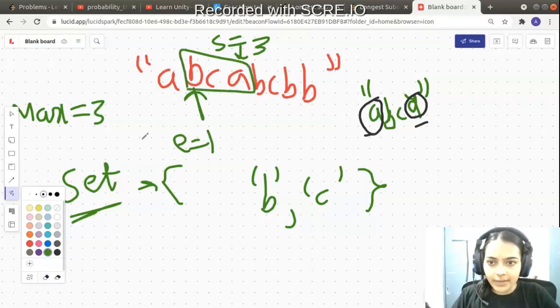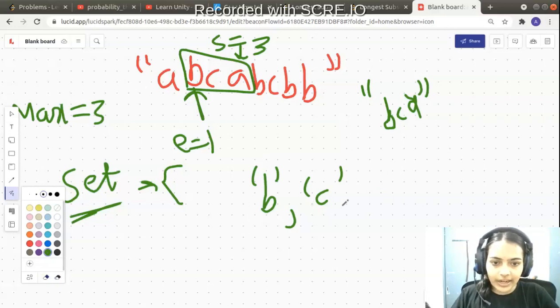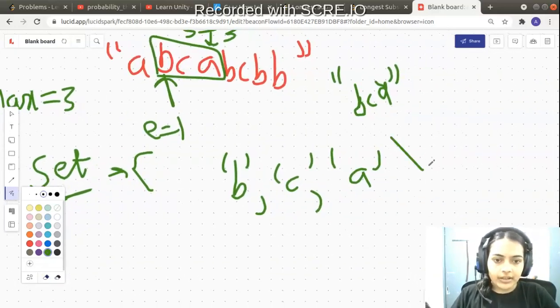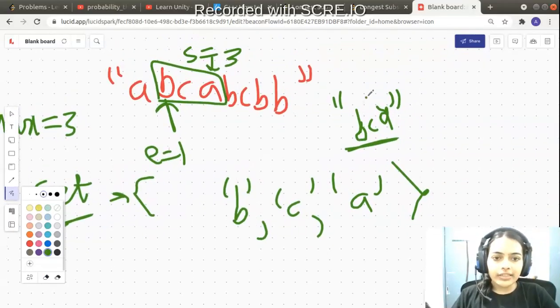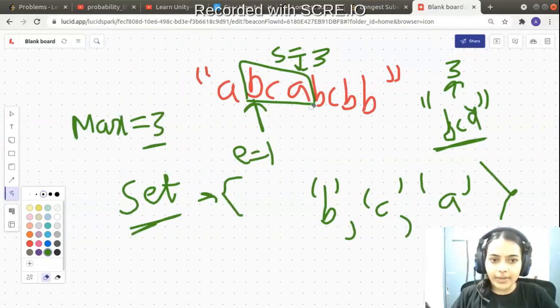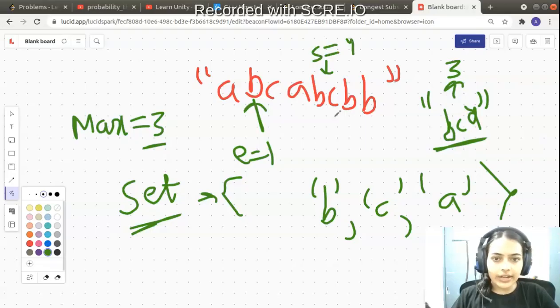So now I have the substring which is simply BCA. Now if I have the substring BCA, it is going to be unique because now I have all characters that are non-repeating. So these are the elements in my set and my substring is BCA. Now it is again of length 3, right? But the max is already 3, so I need not change my max. I can just move ahead in my quest. So now I go forward. Next time I see my S, S is equivalent to 4.